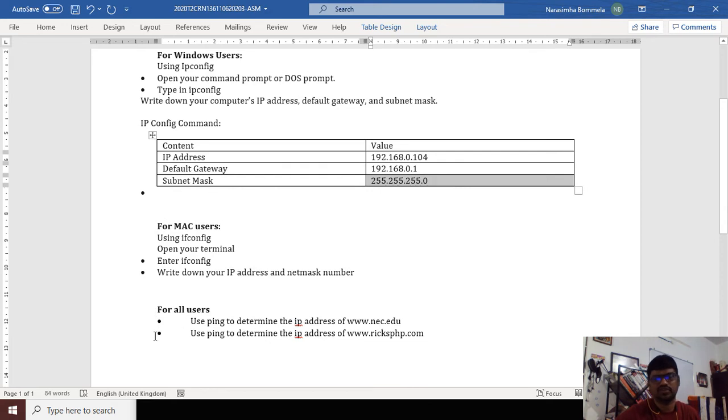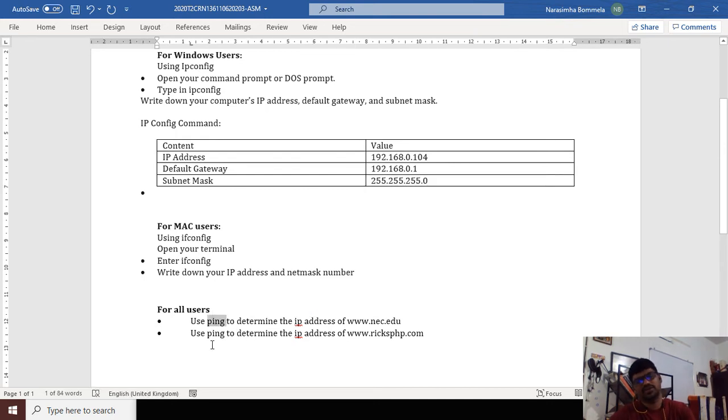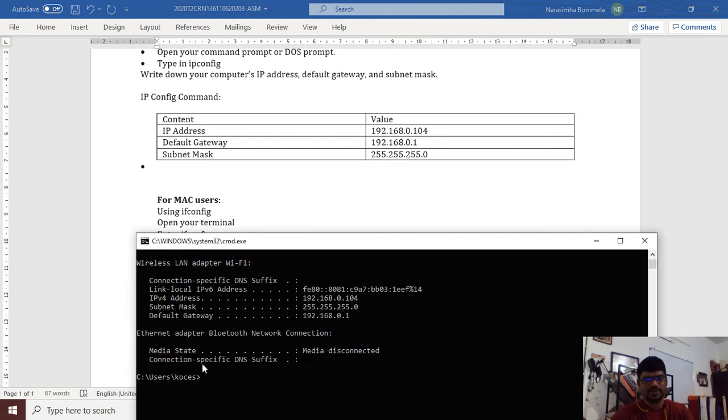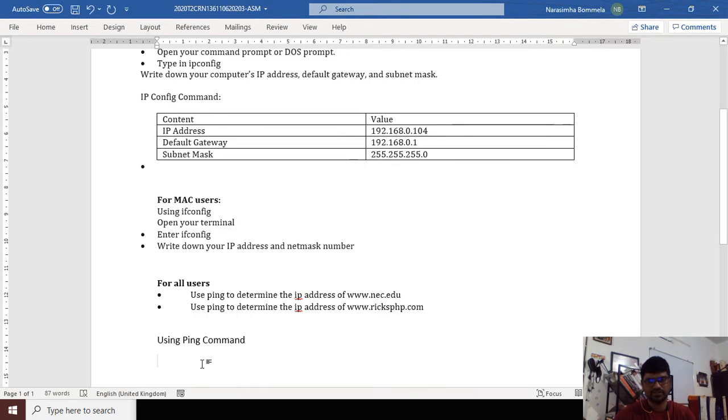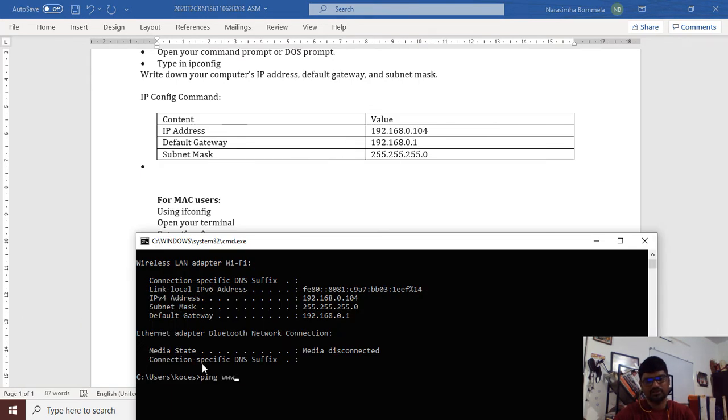Next, in the command prompt, we need to ping these websites. We will be using the ping command. Just type ping, space, www.nuc.edu.